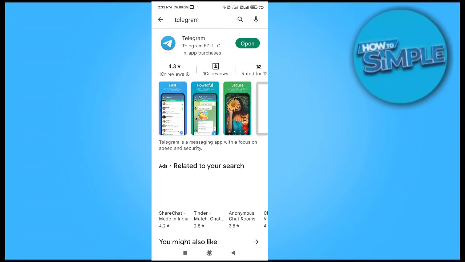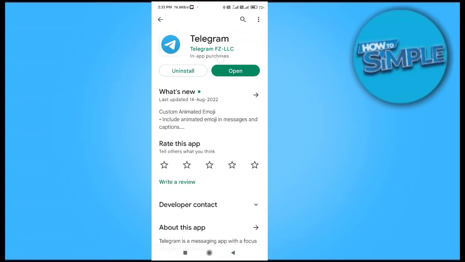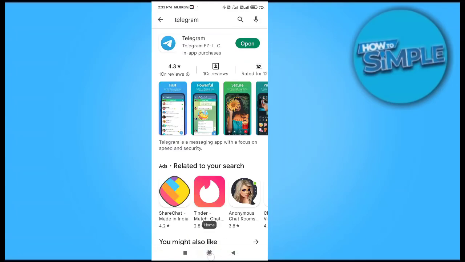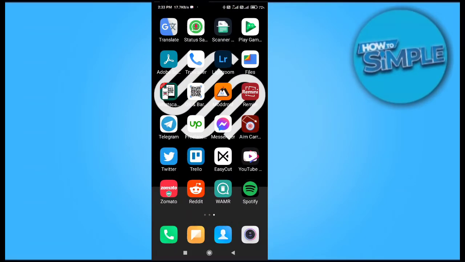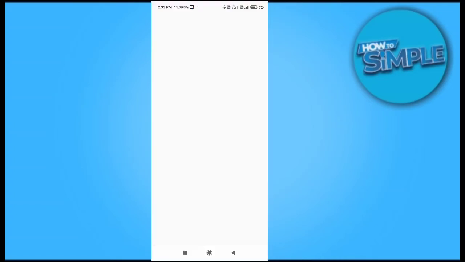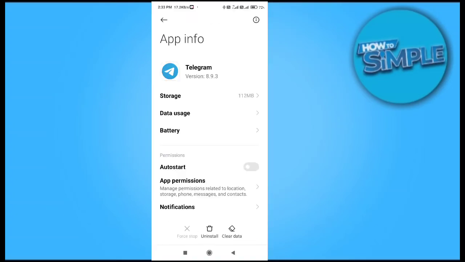Like this is Telegram, and you have to check whether you have updated your application yet or not. If you haven't updated it, you just have to update it from here. I will just open it because my app is the latest and fully updated. So just click on it and you have to go to the application information of that application on your Android